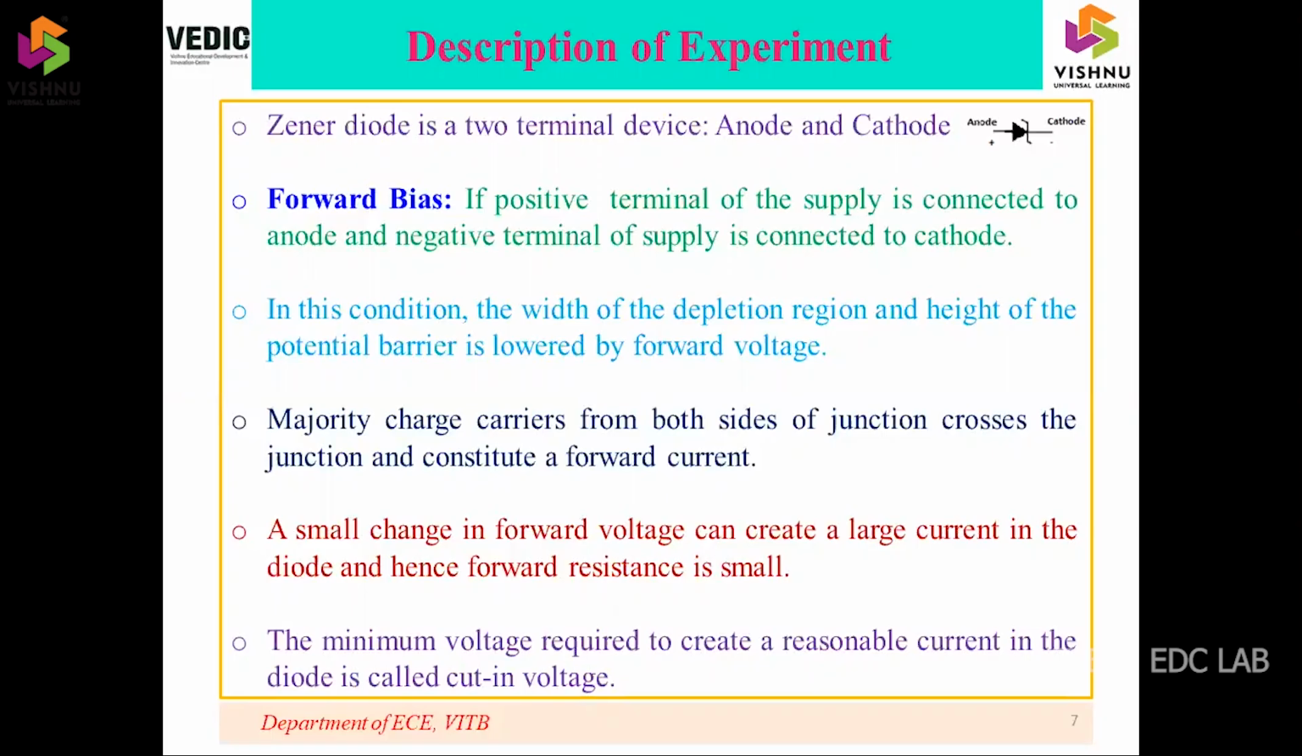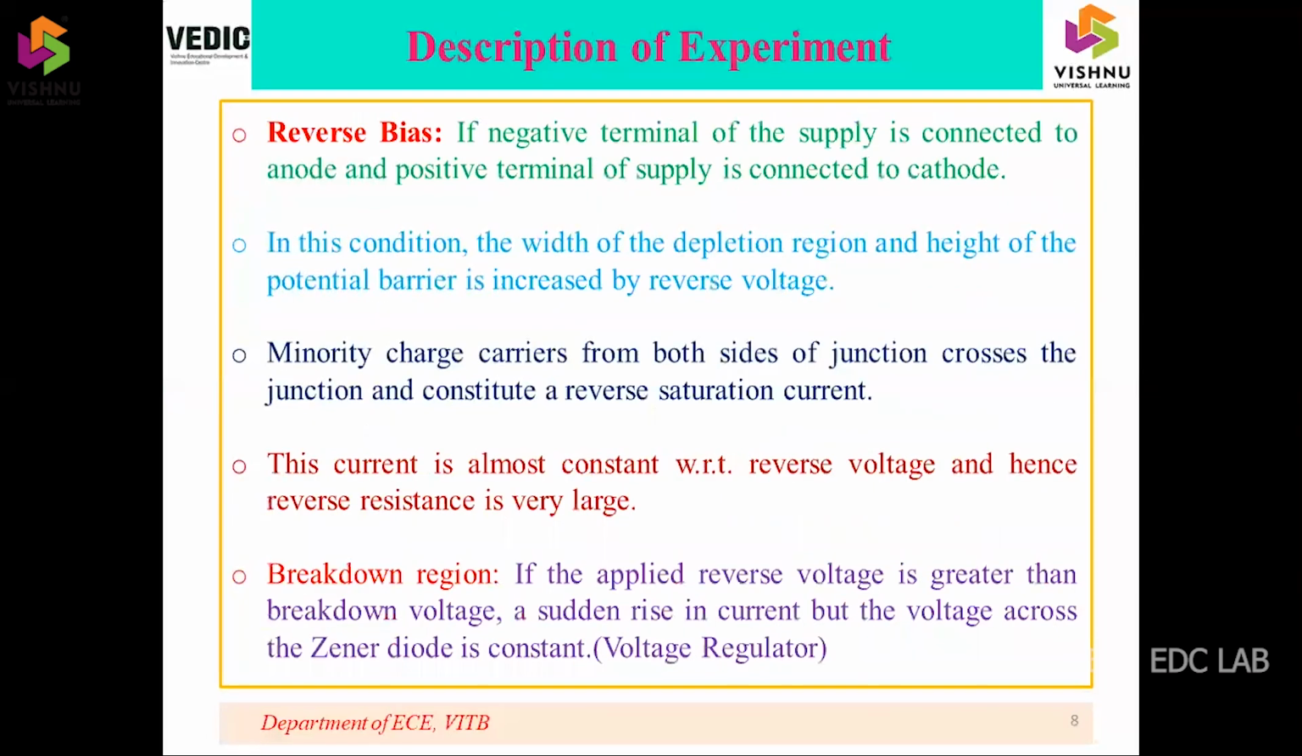Majority charge carriers from both sides of the junction cross the junction and constitute a forward current, which is very large. A small change in forward voltage can create a large change in diode current, and hence the forward resistance is very small. The minimum voltage required to create a reasonable current in the Zener diode is called the cut-in voltage. If negative terminal of the supply is connected to anode, positive terminal of the supply is connected to cathode,